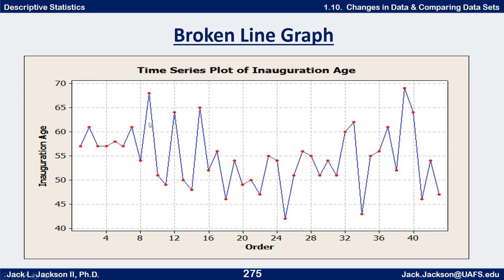One thing that's probably not quite as good about this one is these lines in between should kind of indicate data values, and these don't really indicate that. There are really no values in between. This is really discrete data here. So even though we could do a time series plot, it's not quite as good, and we can't really interpret points along these lines as being approximations of what's happening between these two, because there is no between those two.